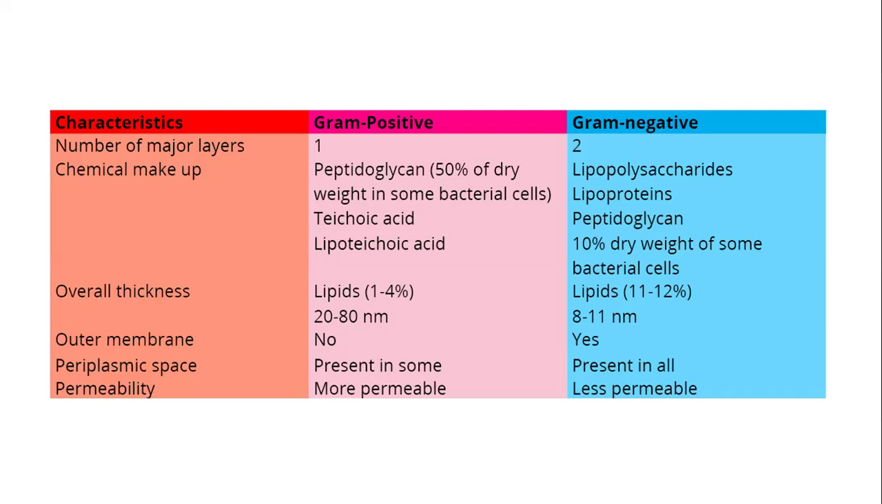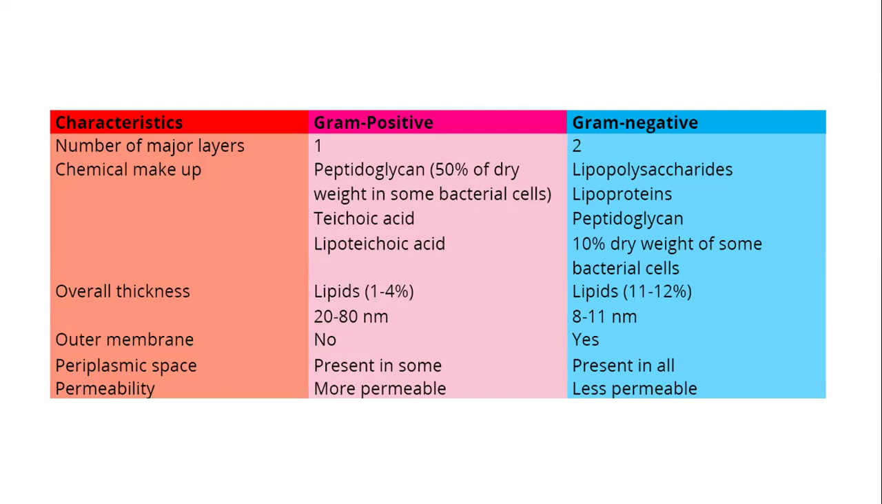Whereas in the case of gram-negative bacteria, polysaccharides, lipoproteins, and peptidoglycan, which is 10% of the dry weight of some bacterial cells, this material is present. In the case of overall thickness, there are 1 to 4% lipids, with 20 to 80 nanometers thickness in the gram-positive bacteria, whereas the lipids are 11 to 12%, comprising 8 to 11 nanometers thickness of the